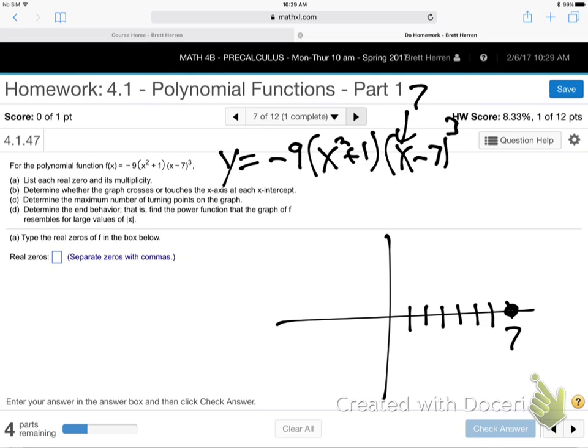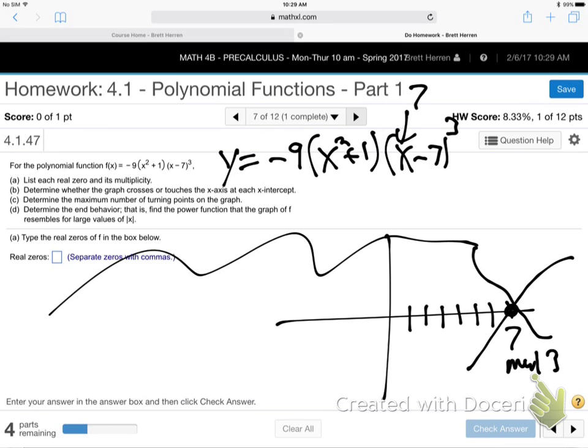Is that good? And let me just note, its multiplicity is 3. Let's write it for now. We're not sure what that means right now. We'll get to that. But for sure, the graph is going to go boom, or maybe it's going to go boom. I don't know if it's going high to low or low to high or whatever. But it's going to go through that point. It's got to. I don't know whatever else it does, which we'll find in a minute. But it's got to go through the point